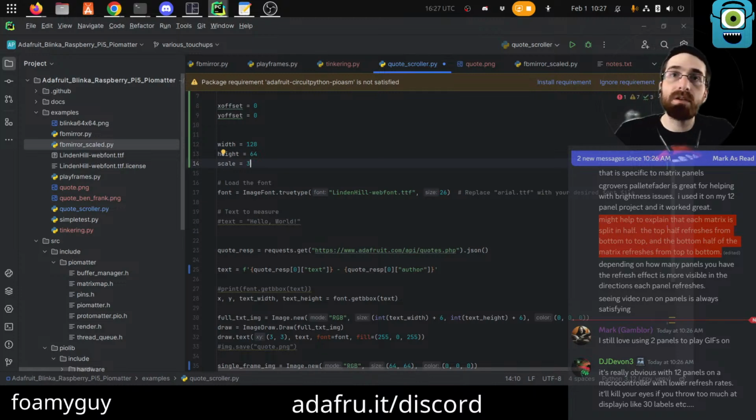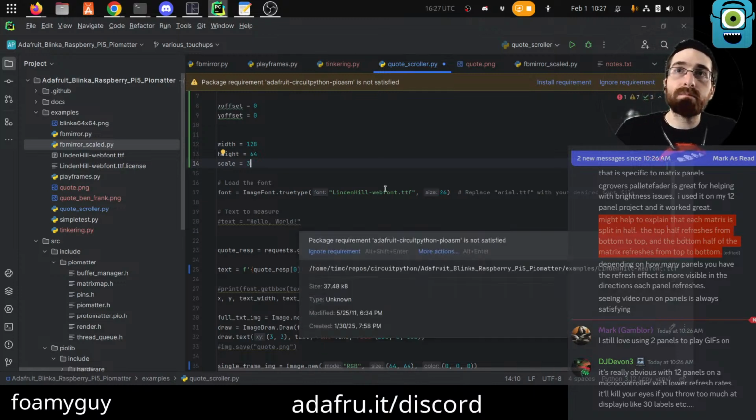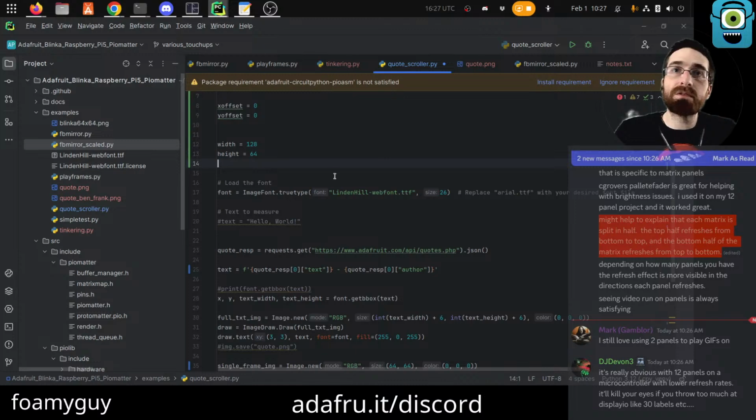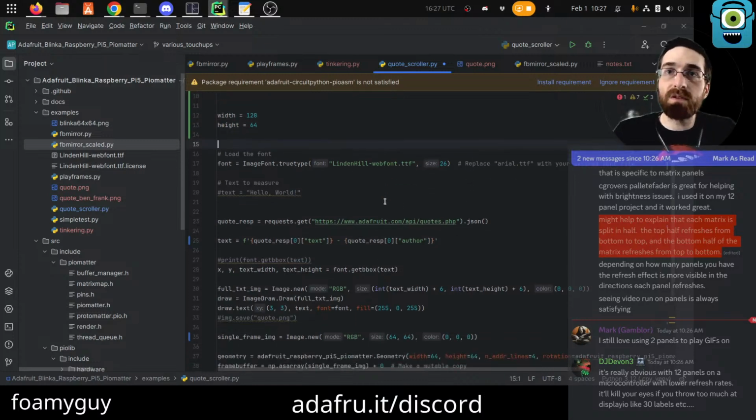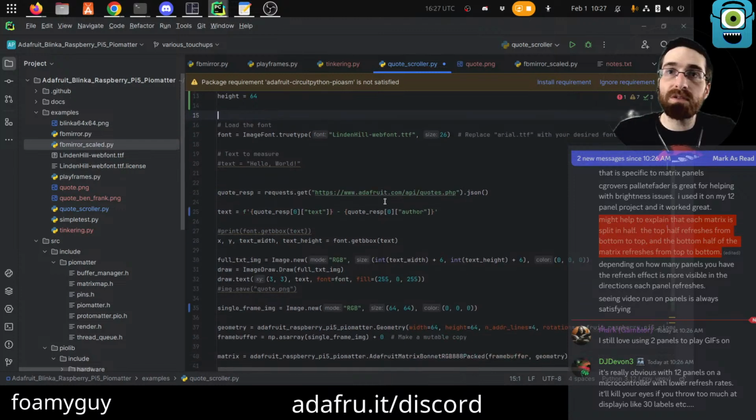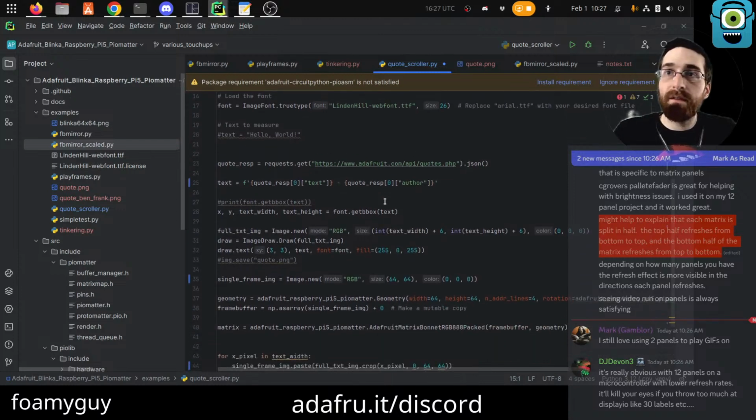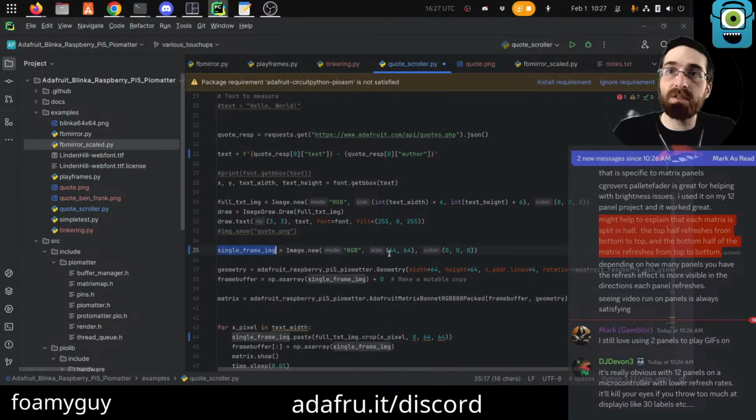Like 30 labels. Not doing a scale on this one, so we can get rid of scale, but I'll keep height and width. I will keep this stuff. Yeah, all that's fine. Single frame, this is going to be the size of the screen, so width, height, geometry, that's going to be width, height.